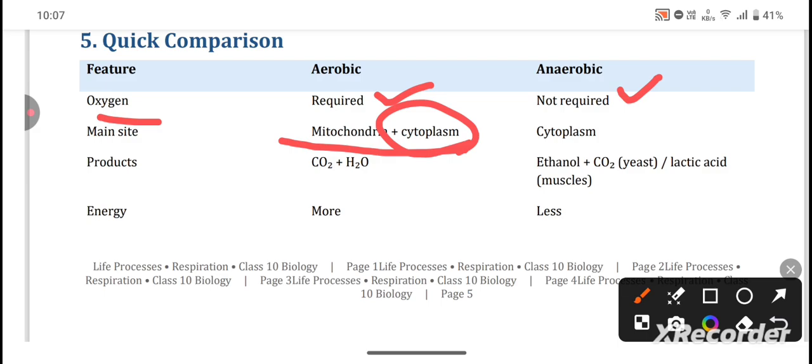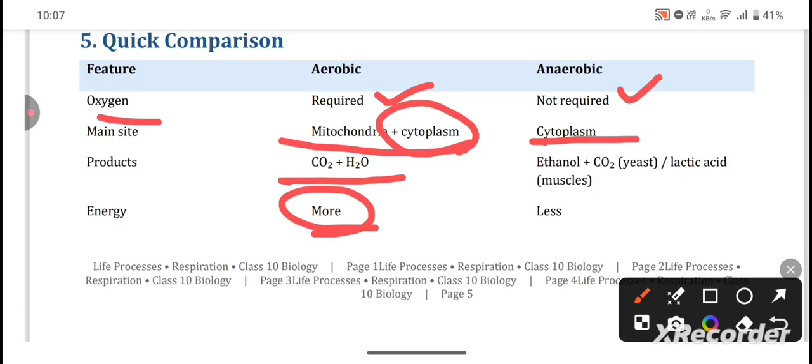So in case of anaerobic respiration, it occurs in the cytoplasm, which means the glucose is broken down into pyruvate in the cytoplasm, and the further process occurs in the cytoplasm itself. The products of aerobic respiration are carbon dioxide and water, and energy, which is more energy that will be generated in case of aerobic respiration, and the